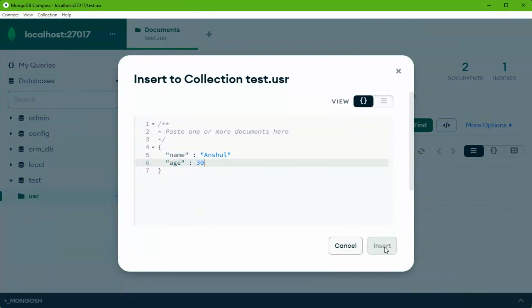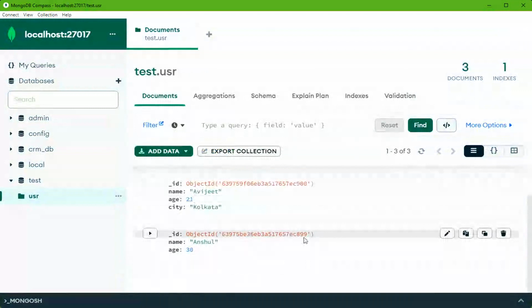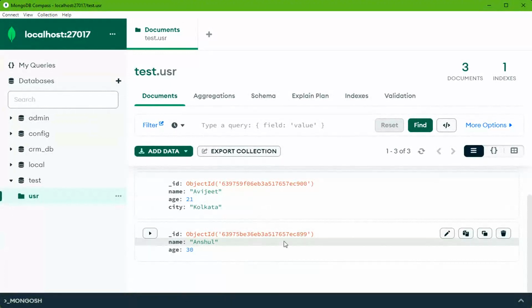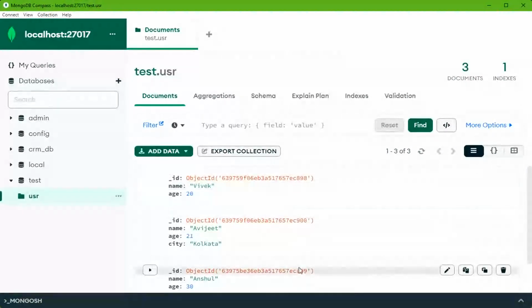No, I cannot insert without an ID. No, let me write a comma. I can insert. Yeah, okay, it will generate automatically. ID is auto generated, and it will be a unique ID. So these two IDs were there, but this was not there, so it is used. Very simple.